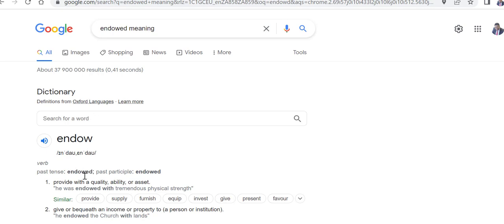To endow is to provide with a quality or ability or asset, to bequeath an income or a property to a person or an institution. So in other words, you've got a set, then you provide it with a certain quality or an ability to do something. Then you say the set is endowed with an operation.